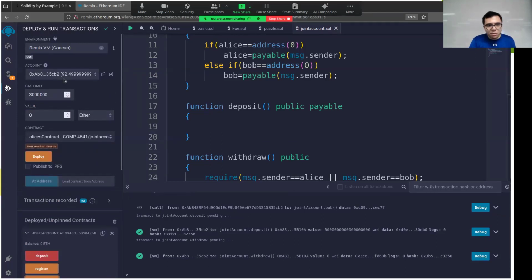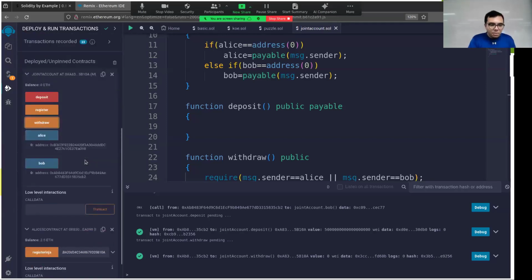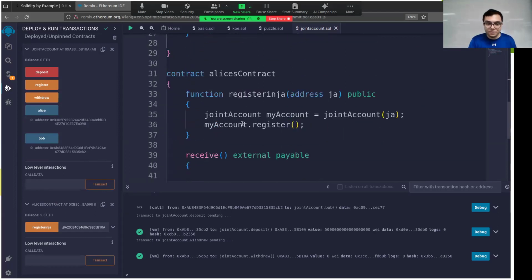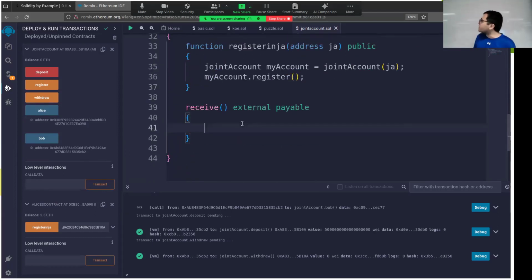Half of it is paid to Bob. So Bob has almost 92.5. Again, it's almost because he's also paying for gas. But the other half is paid to Alice. And Alice was this contract. So as you see, the balance of Alice's contract is now also 2.5 Ether. Great. So we have to make sure that we have a receive function if we want to receive money in